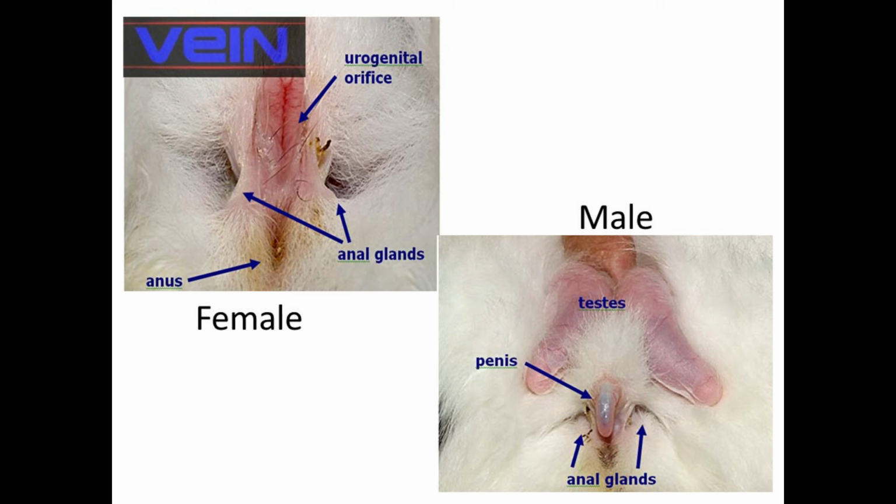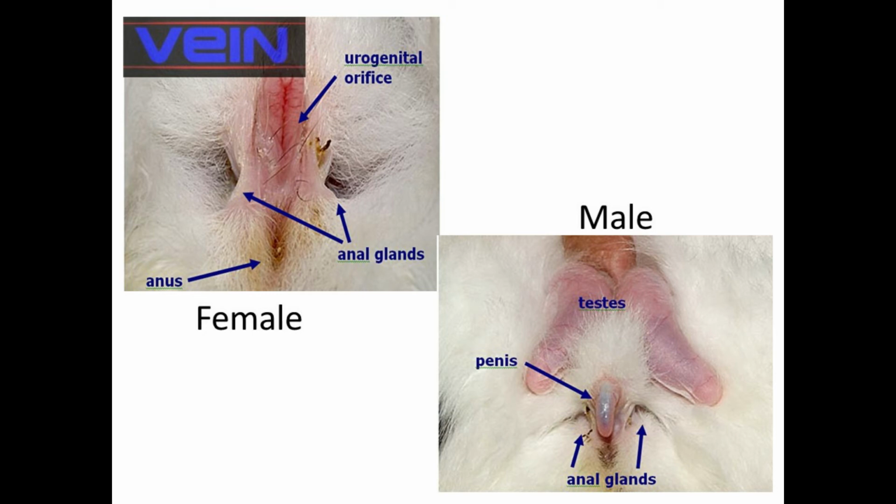In male, the urinogenital opening is located at the tip of an organ which is their mating organ, and this mating organ is called penis. So in male, the urinogenital opening is seen at the tip of this penis. Again, in male, on either side of the penis, there is a sac which is called the scrotum or the scrotal sac, and it is inside the sac that the testis or the male reproductive organ is located.